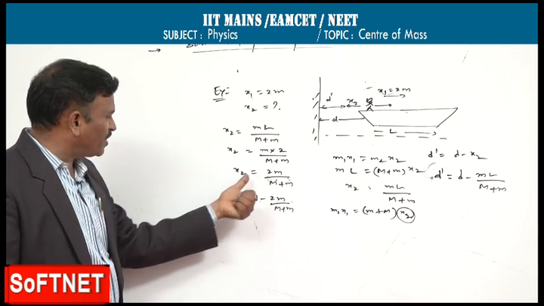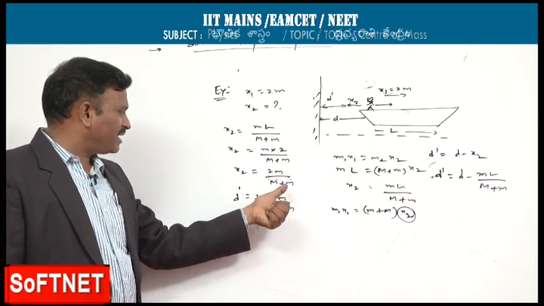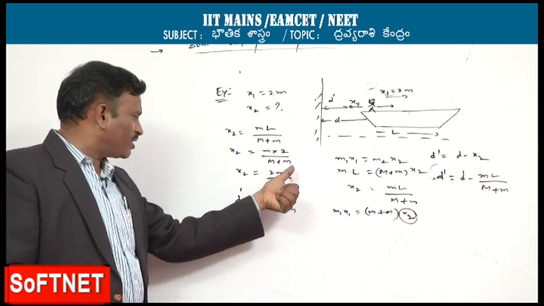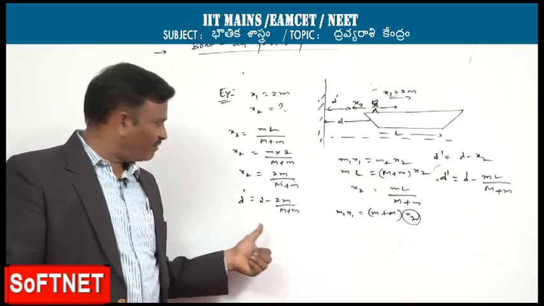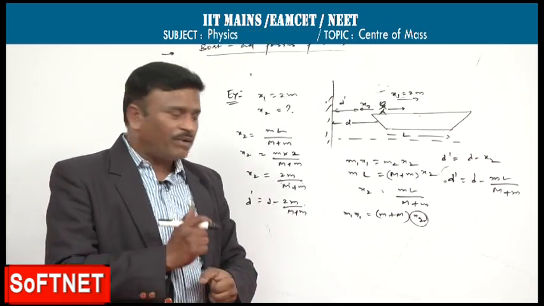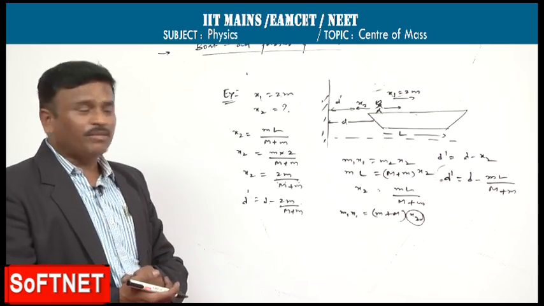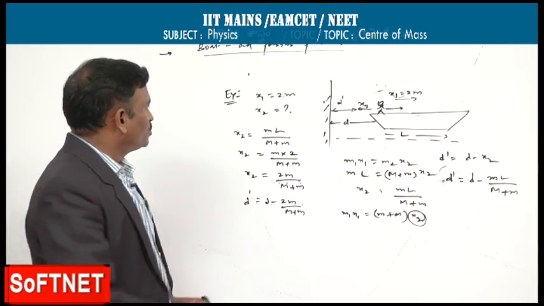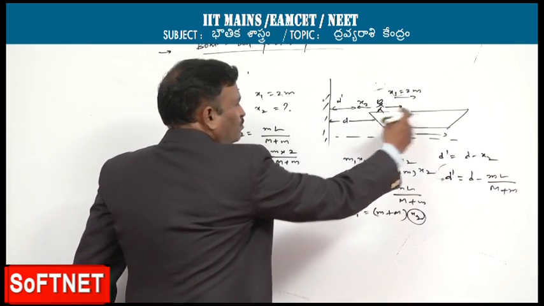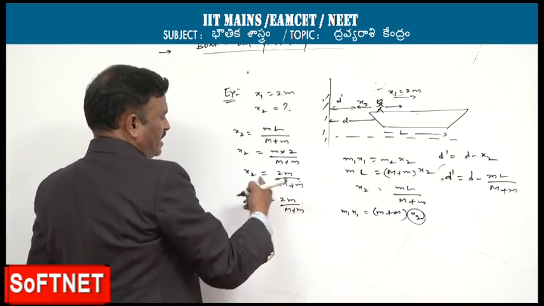The same way we have to find out the x2. Here, after finding that one, instead of taking the L, we will take whatever value we got, that we are supposed to substitute over here. We will get the final distance, shore to the boat, but at the same time, about the person, how much distance he is away. So actually as the boat is moving away to meet this much d dash distance, here x2 distance the boat